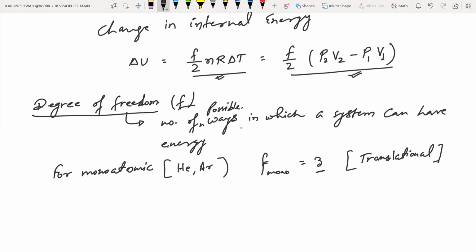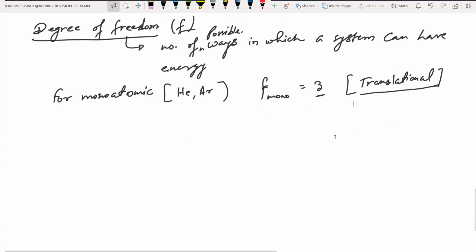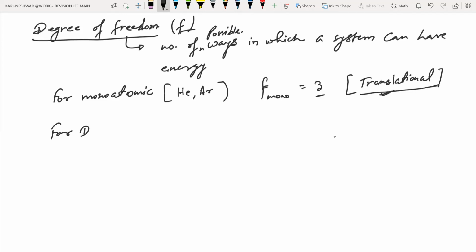If it is translational, it will have all directions, X, Y, Z. Energy can move in X direction, Y direction, and Z direction. That is why for monoatomic, we consider only 3 degrees of freedom, and all energy is translational energy only. But if I go for the diatomic,